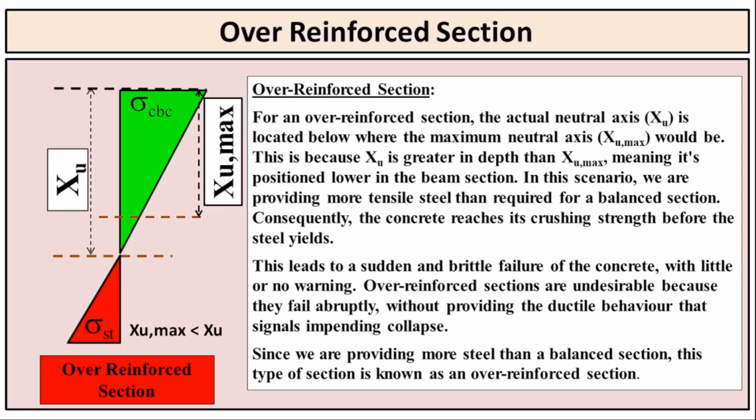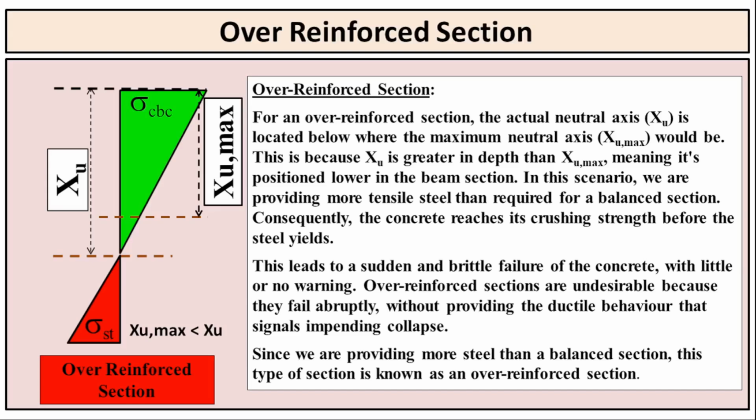This leads to a sudden and brittle failure of the concrete, with little or no warning. Over-reinforced sections are undesirable because they fail abruptly, without providing the ductile behavior that signals impending collapse. Since we are providing more steel than a balanced section, this type of section is known as an over-reinforced section. In summary,